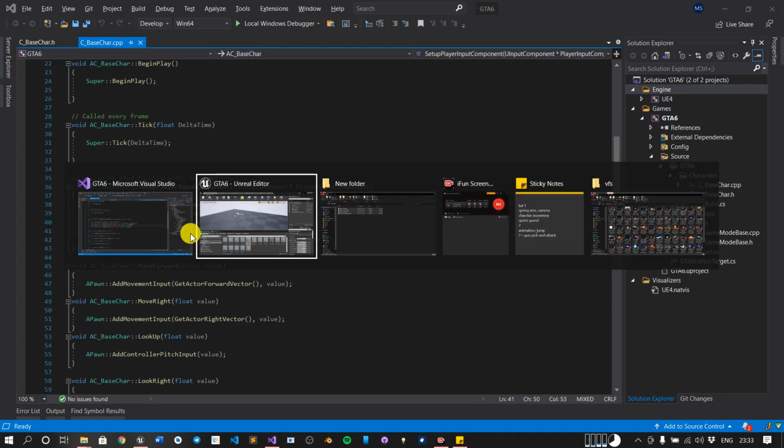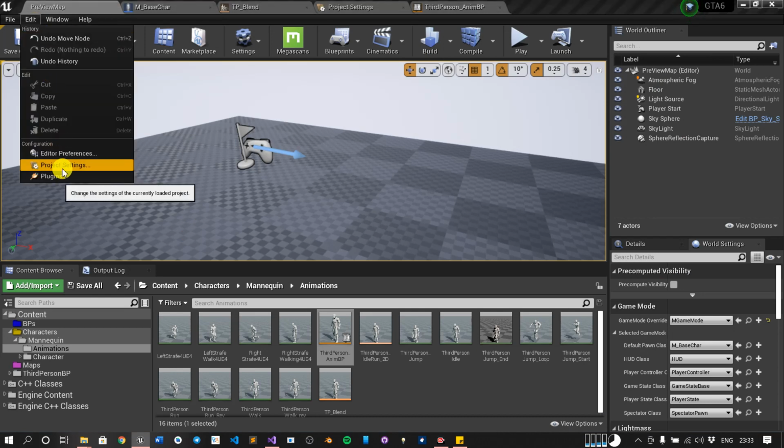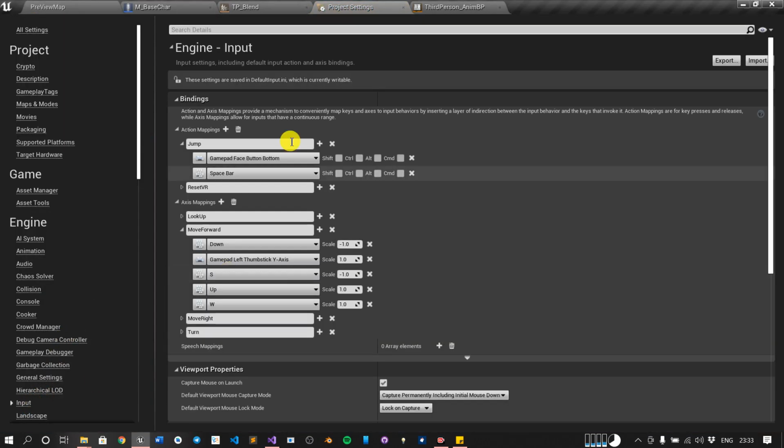If you look at the difference in the input, it has action mapping and axis mapping. The difference between the two is that with axis mapping we have to include the values. If I press this, then this value will be included. But in the action mapping, it is just pressing the key and releasing the key.